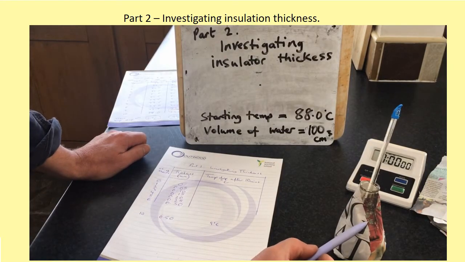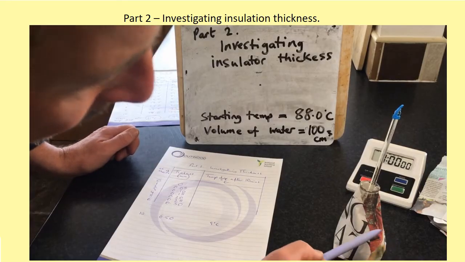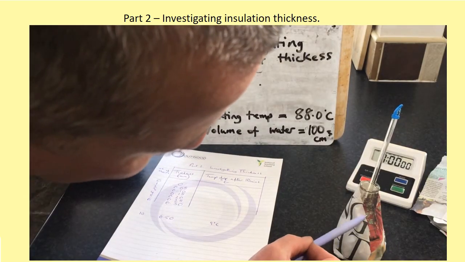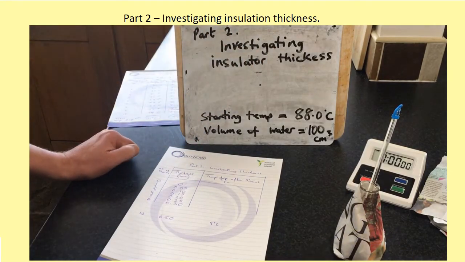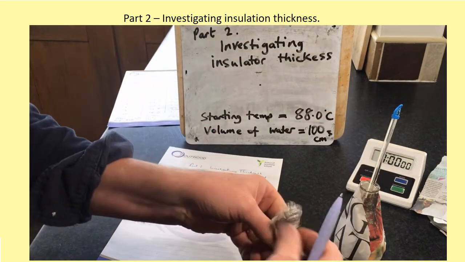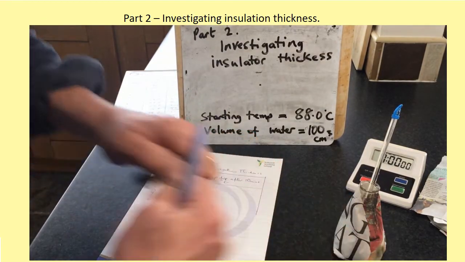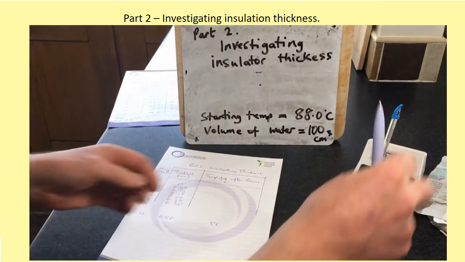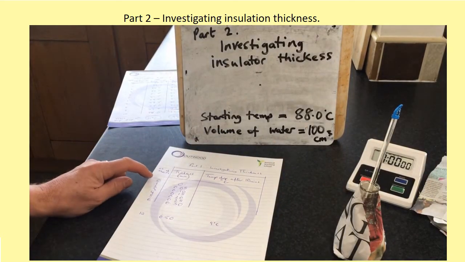So at the moment there's one layer of newspaper on there. It's quite difficult because you need a little bit of overlap just to stick it down, but I've tried my best. I'm going to use a lid again so that we're not getting heat loss through convection. So once we go in, that'll go in the top. To start with,